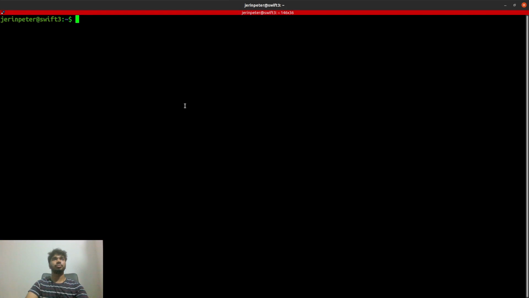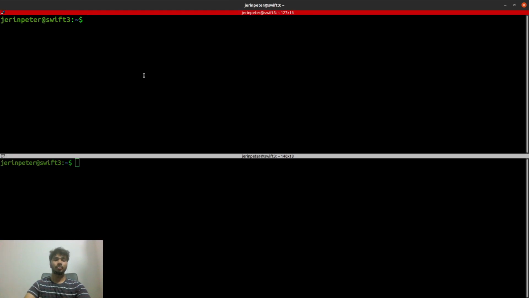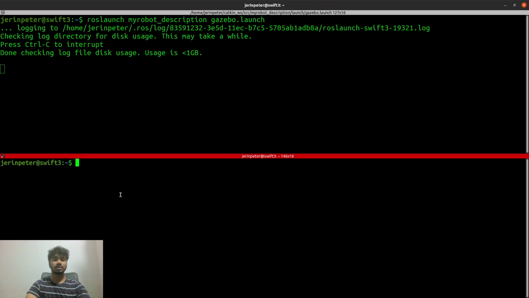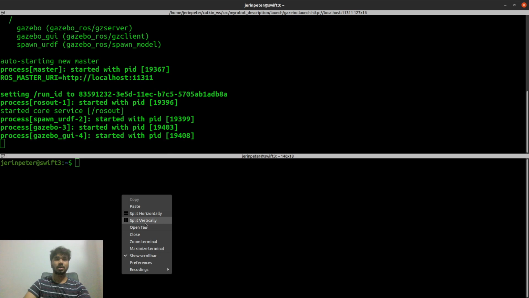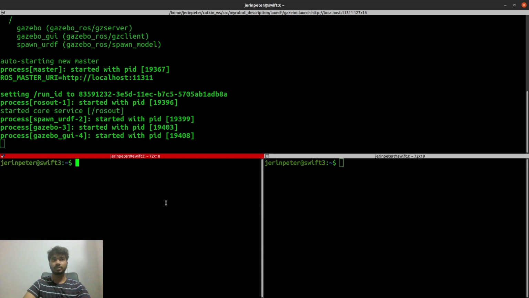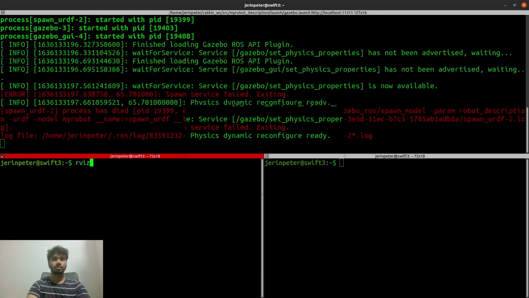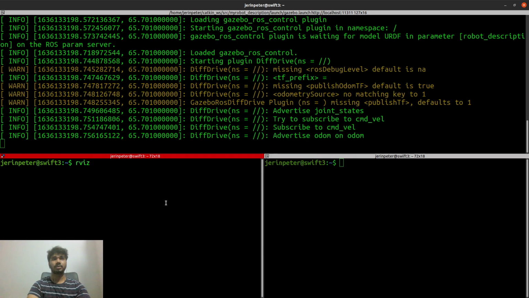And in order to do mapping we need two things, right? First we need to run our simulation. So to do that we'll do roslaunch my_robot_description followed by gazebo.launch. The next thing we need is RViz, as well as we need to run the Gmapping package. So let's open up RViz.